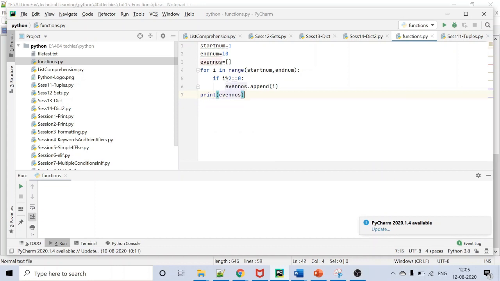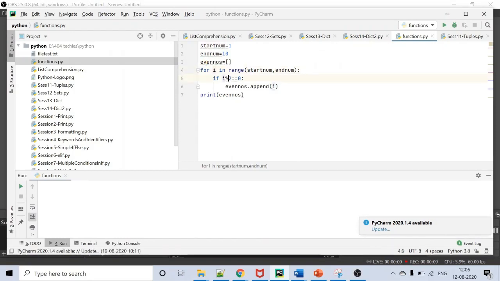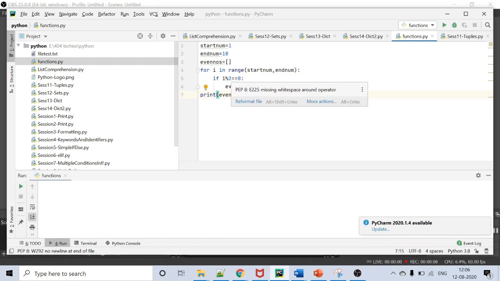Here I have written a piece of code to print the even numbers between the range 1 comma 10. I've iterated over the range from 1 till 10, and for each value we check whether that value is divisible by 2.